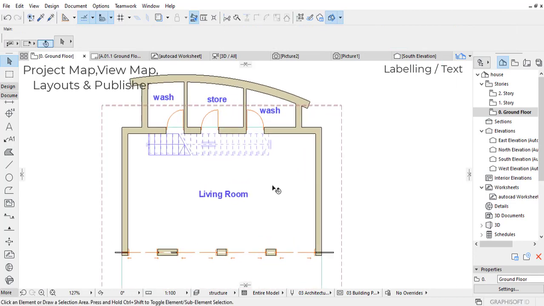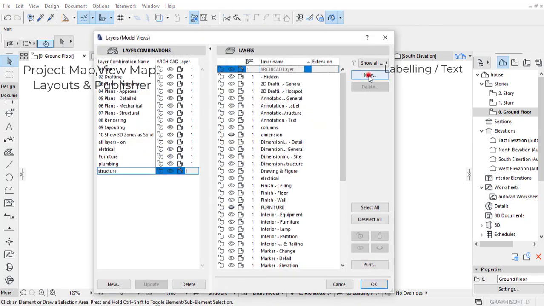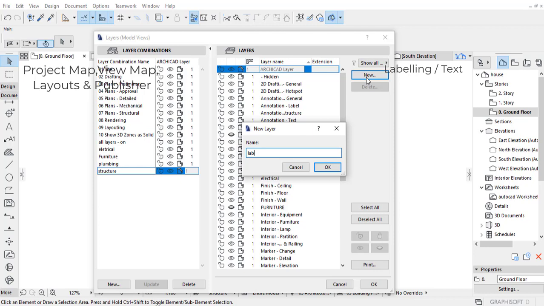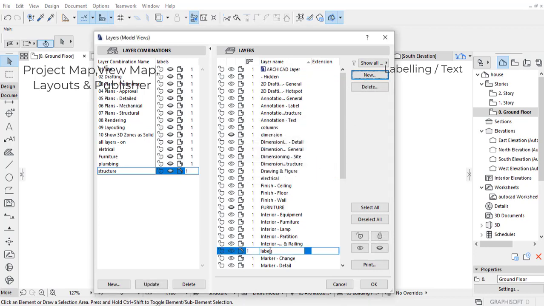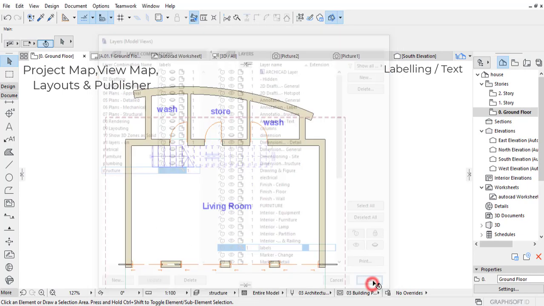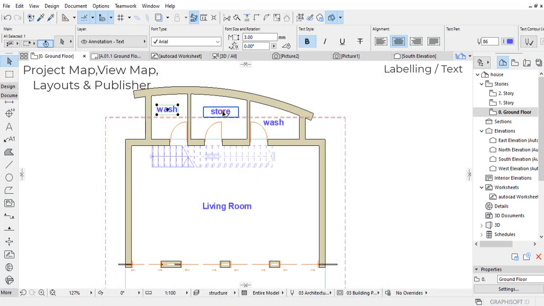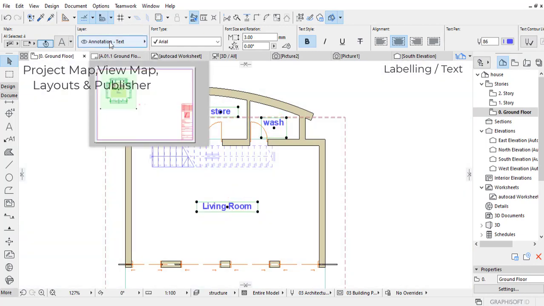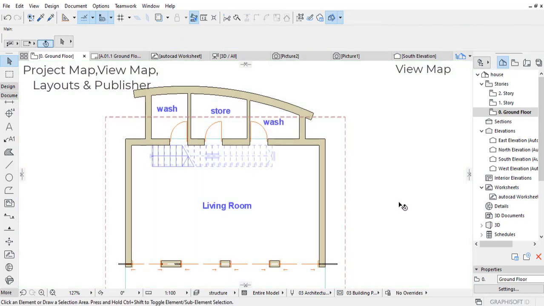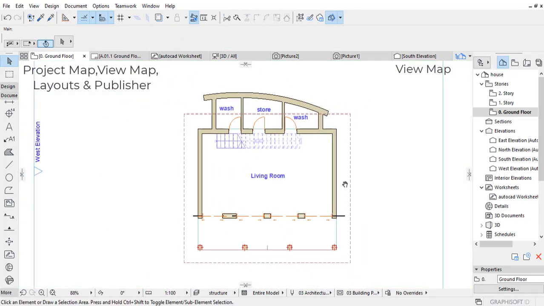and you might want to create another layer called labels or text, and put that one on and save it under structure. So you need to update this and put this under the text layer, labels layer. So we need to save this combination, fine. And